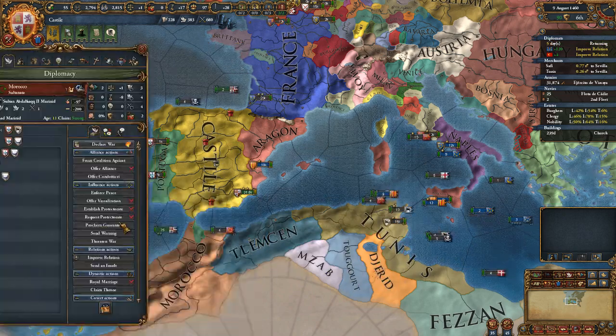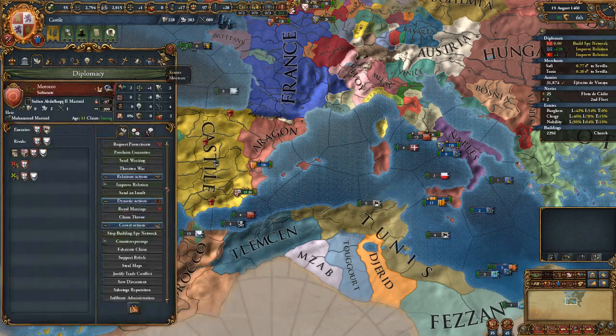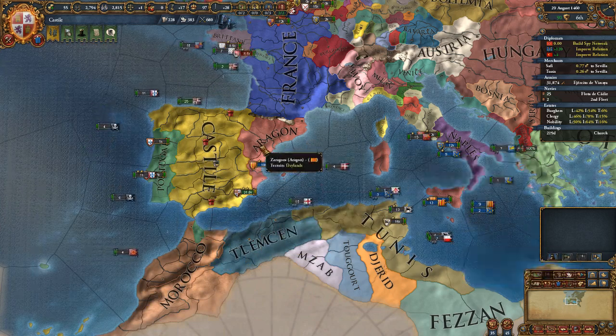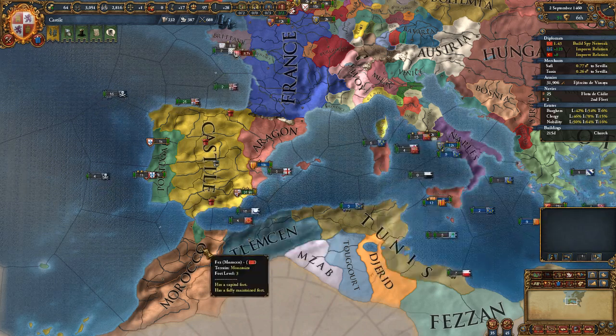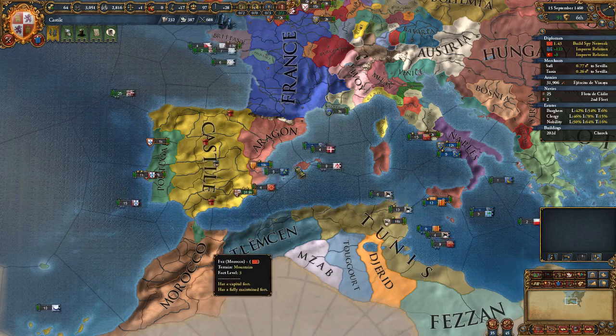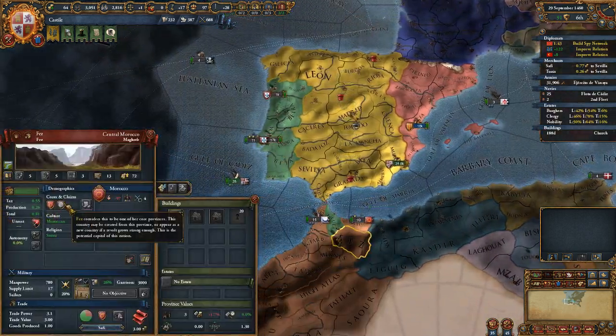Let's go ahead and send someone down here and have them start building up a spy network against Morocco, because I don't want to just sit here. There's expansion I could be doing that I probably should be doing. So I don't want to just sit on my laurels. I wonder if Morocco...